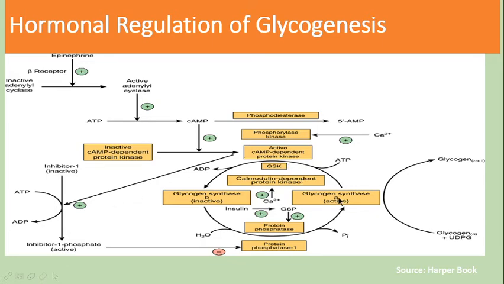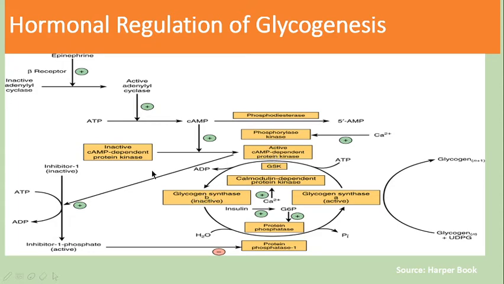One role is to phosphorylate the enzyme. Whatever enzyme comes closer to it, it will phosphorylate. Any enzyme exists in two forms, the phosphorylated form and the dephosphorylated form. You have to remember which form is the active form. For the glycogen synthase enzyme, the phosphorylated form is said to be inactive.